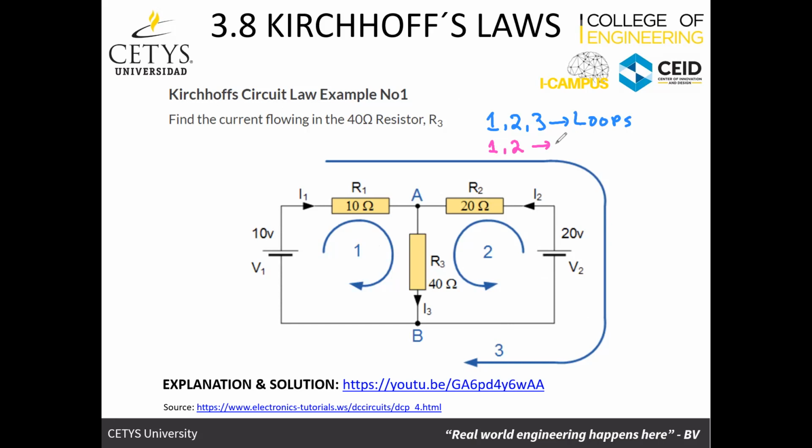Okay, so 1 and 2 are meshes. Correct. 1 and 2 are meshes. 3 is not a mesh because it's got loops inside it. So 1 and 2 are,